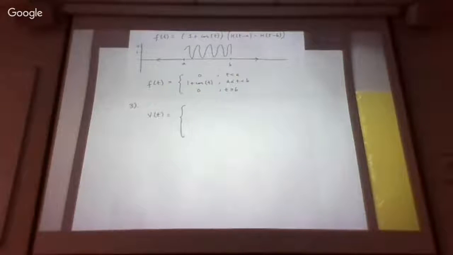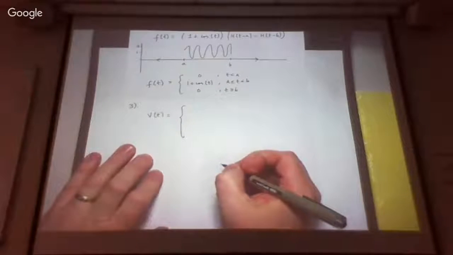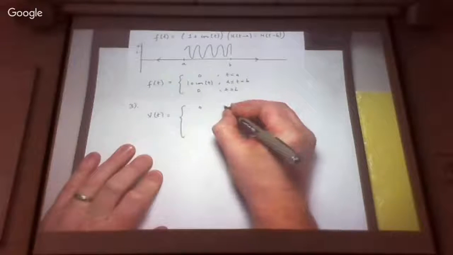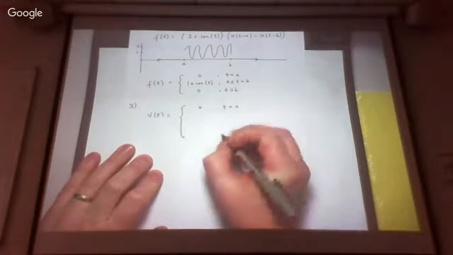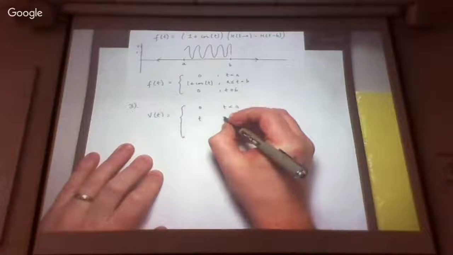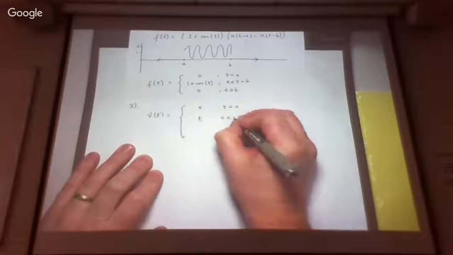It's not defined by a single formula, but by different formulas for different pieces of the function, different cases of the argument. So this one is expressed as 0 for t less than 0, t for t between